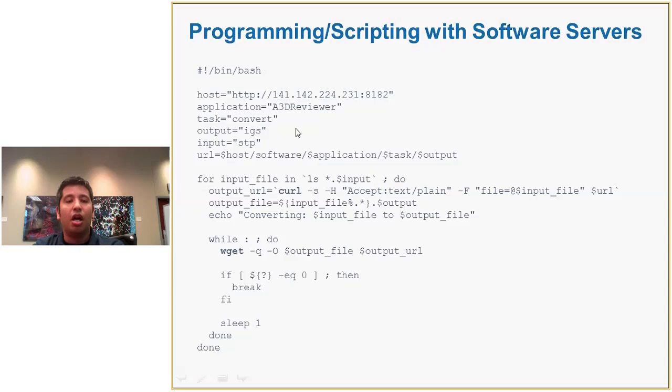So this is a simple bash script, which I was hoping to show how easy it is. But most of this script is just a bunch of variables. The first one is just specifying the host, the application, the task, the output format, IGES, which is a 3D file format, and the input, which is STEP, another 3D file format, and it sticks it all together here into the REST endpoint. And then it's basically a for loop, which goes through some directory of the particular input type, STEP